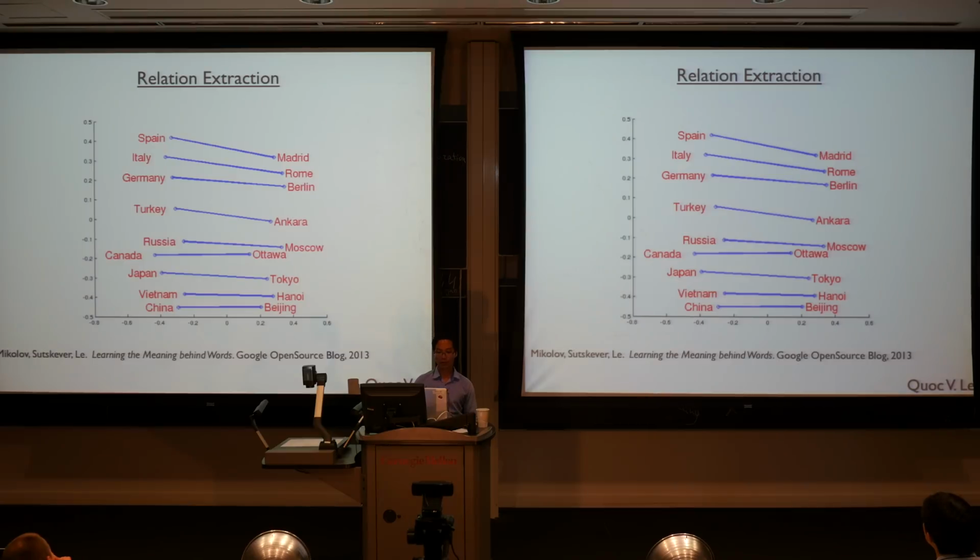Okay? So not only the distance between the vectors makes sense, the nearest neighbor makes sense, but the difference between the vectors also makes sense. For example, if you project the word vectors into 2D, and then look at the difference between Spain and Madrid. Madrid is the capital city of Spain. And the difference between Italy and Rome, and then you compare them, it turns out they look very similar. Right? And this is very good for relation extraction, in the sense that let's suppose that I don't know the capital city of Italy, but I know the capital city of Spain. Okay? Then I would take Spain and subtract Madrid and get a vector, and then add that vector to Italy, and then maybe end up here, and then maybe I do nearest neighbor, and then end up at Rome. Okay, and